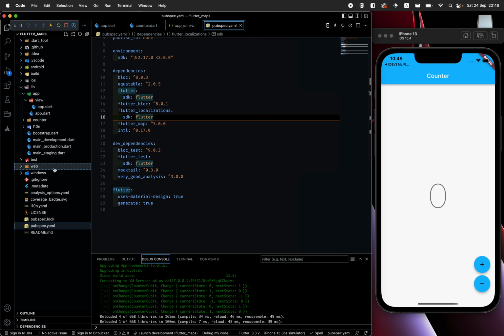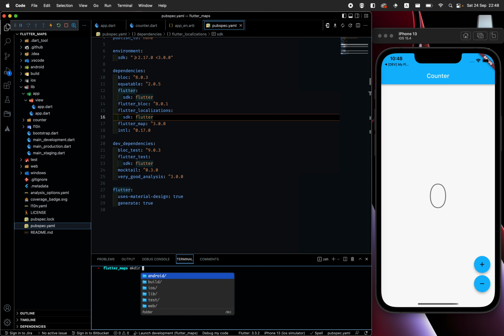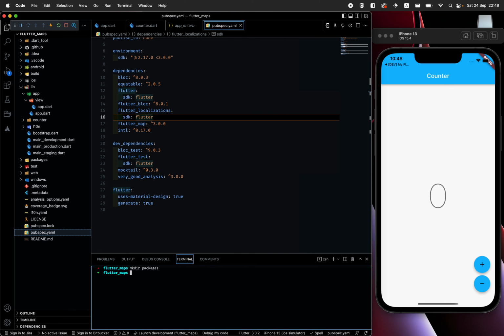So let's start with packages. I'm going to go to the terminal, and in the terminal I'm going to make a directory, packages, and as you can see, the packages folder was created. And yeah, we have our API, we have some documentation, so let's create the